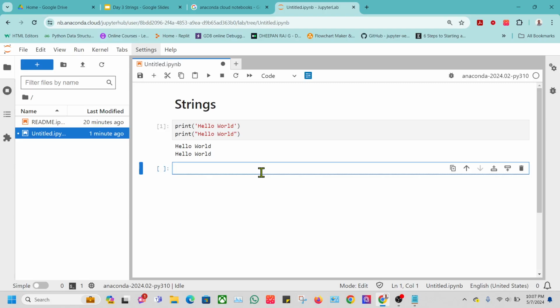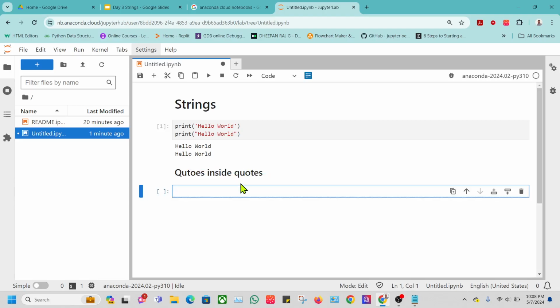Then after that, we will see about quotes inside quotes. So I change this cell to a subheading. We want to mention quotes inside quotes. In that, I will just take a print statement and I will mention the